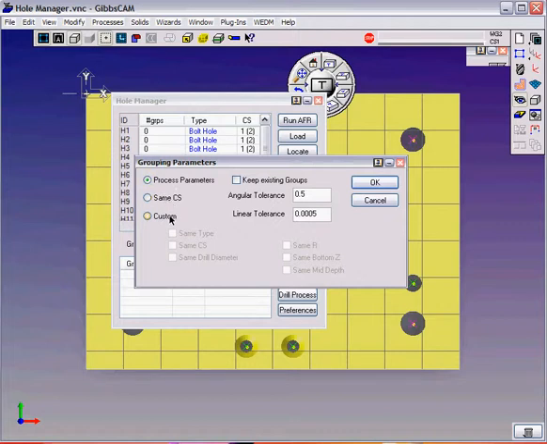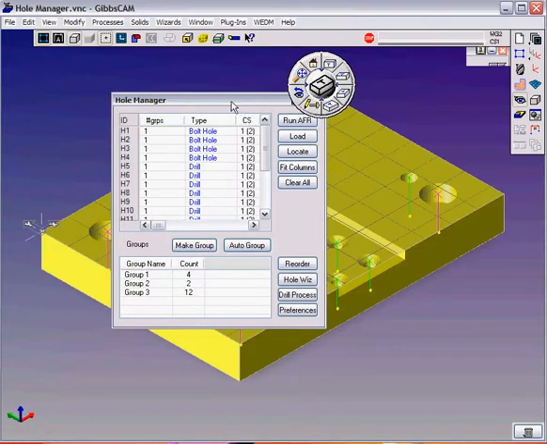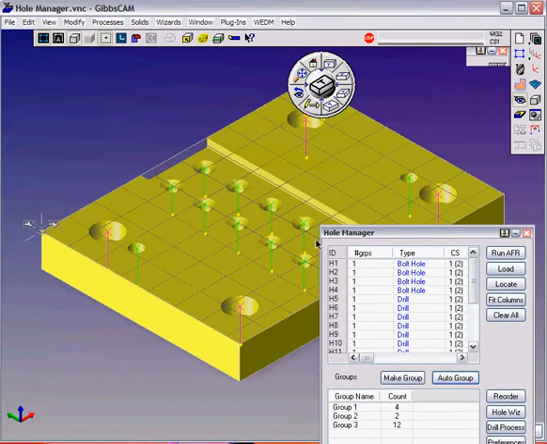Same CS or even custom orientations. We're just going to go to process parameters. Click on the OK button, and notice it builds 3 groups. One with 4 holes, and if I go back to my isometric view here and get the Hole Manager window